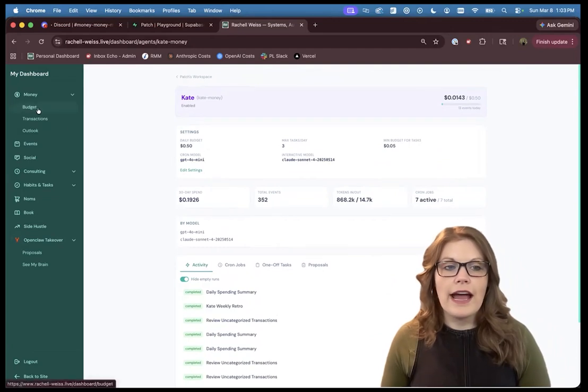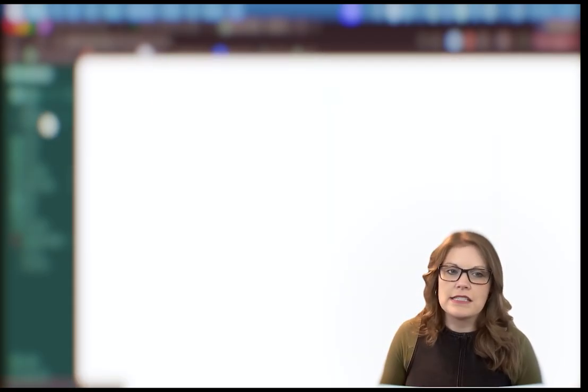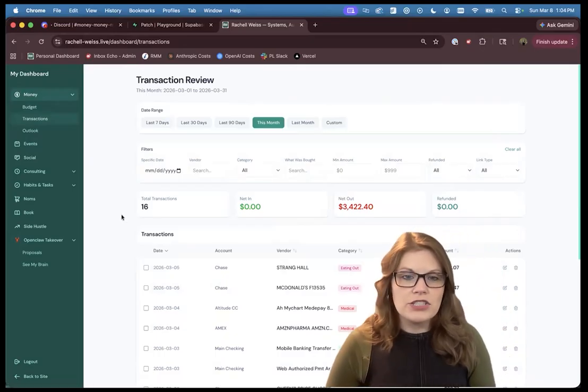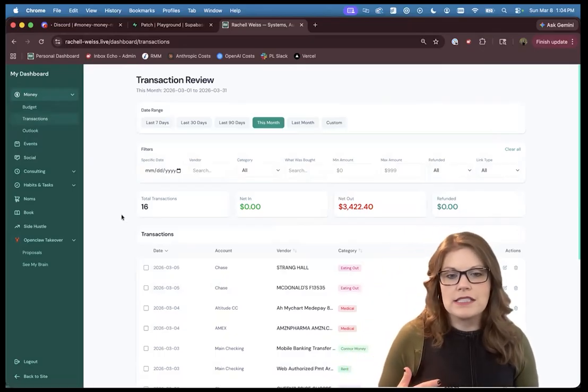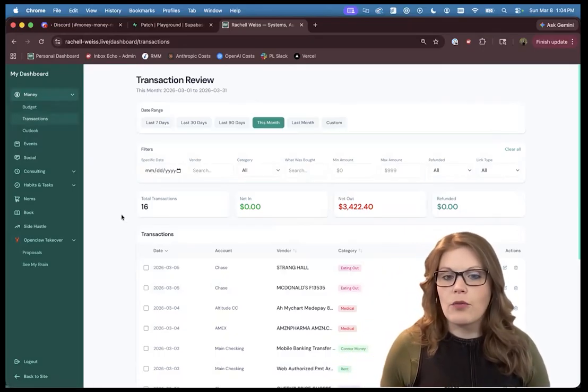If I go to her output, so if I go to my budget, I can see where my expenses are. I can see how things are tracked, and I get a nice, pretty visual here, which is really nice. Obviously I'm not going to show you guys all my budget here, but I can track this a lot easier, which is nice. On my transactions, this is where I'll be able to see what she's done.